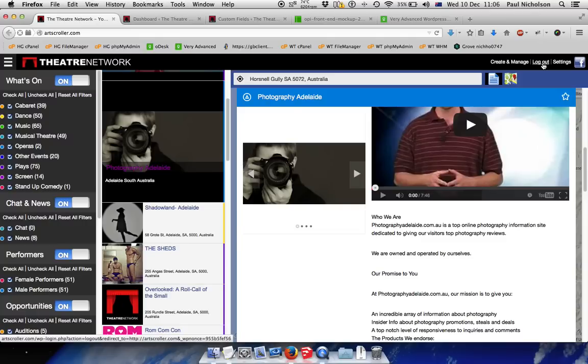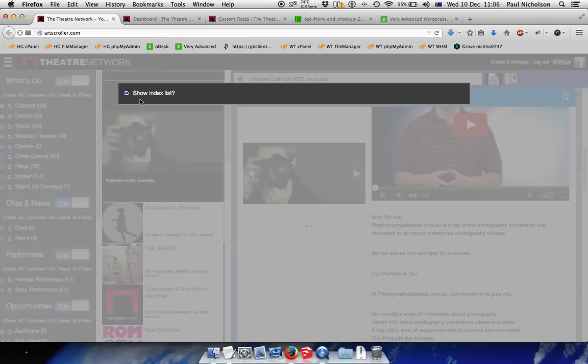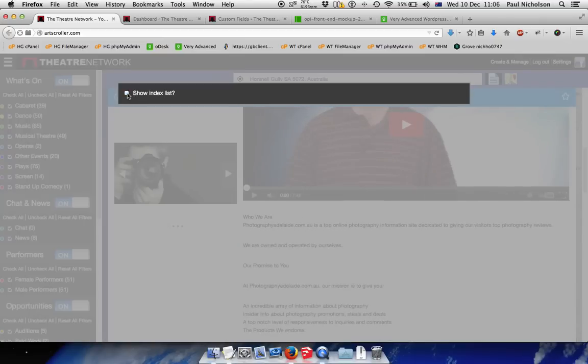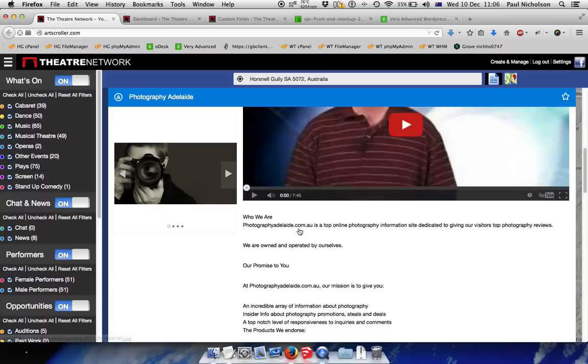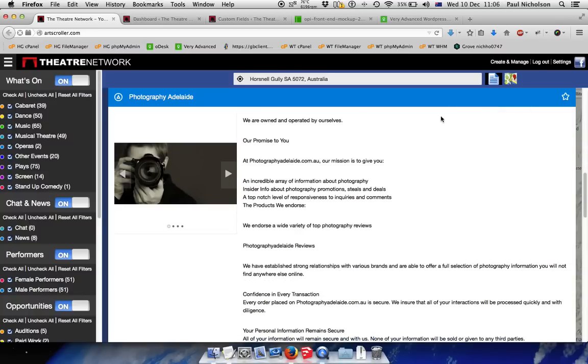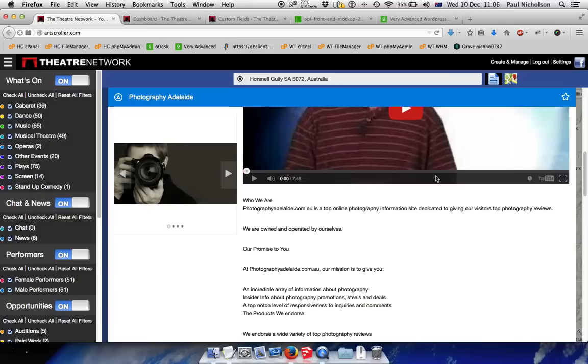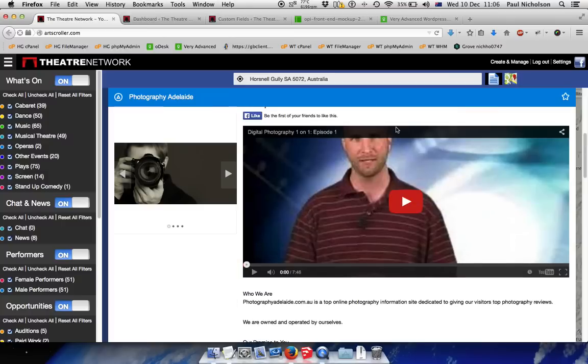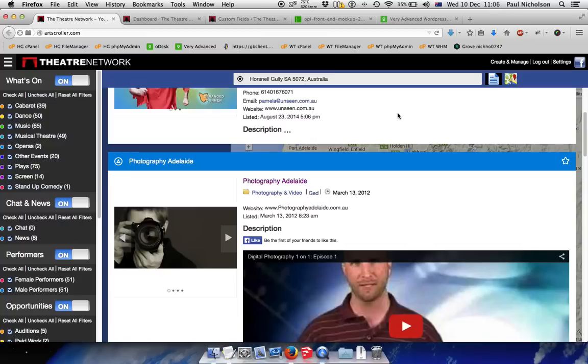It needs to be made by you. At the moment it takes you to a different screen, which is wrong. It'll be a pop-up when it's fixed. The settings box, if I were to click that, I can show the index list or hide the index list. As you can see in the background through the incorrectly colored background shadow, the index list is now hidden based on what's just happened. And also what happens is the map area, if I can just scroll through out of there,